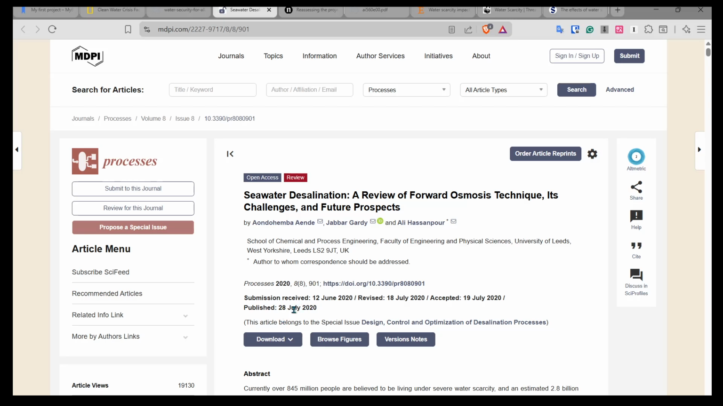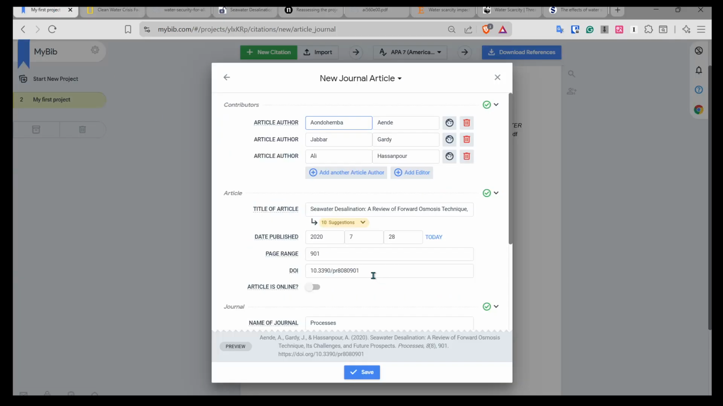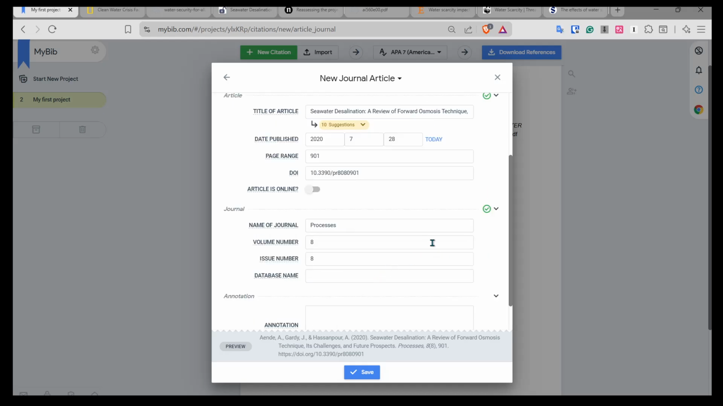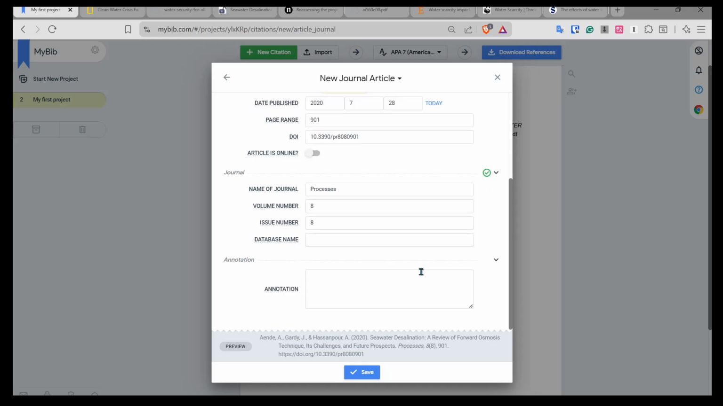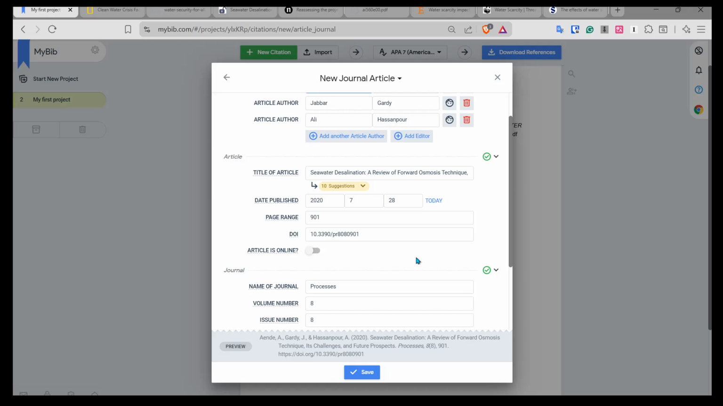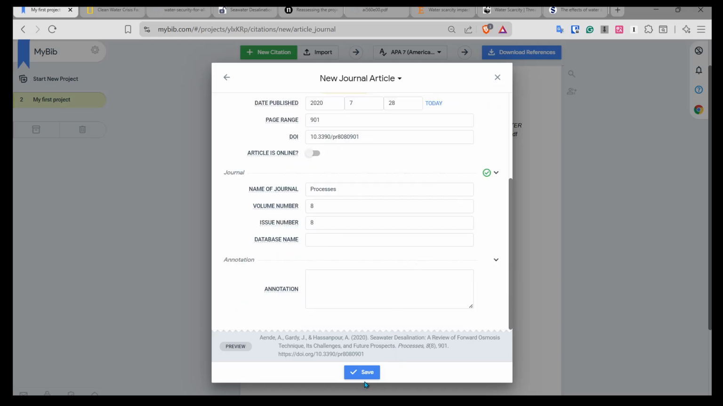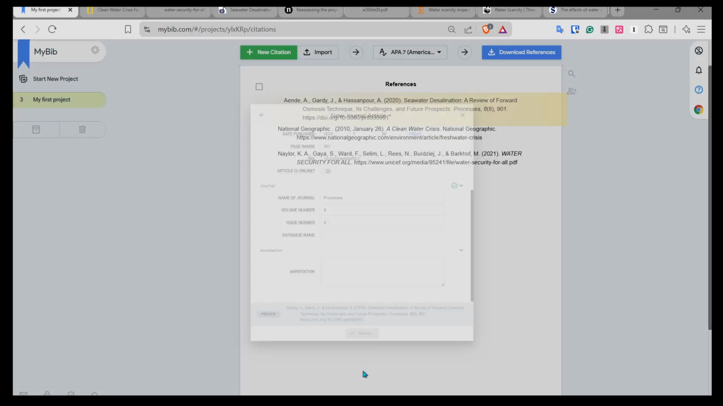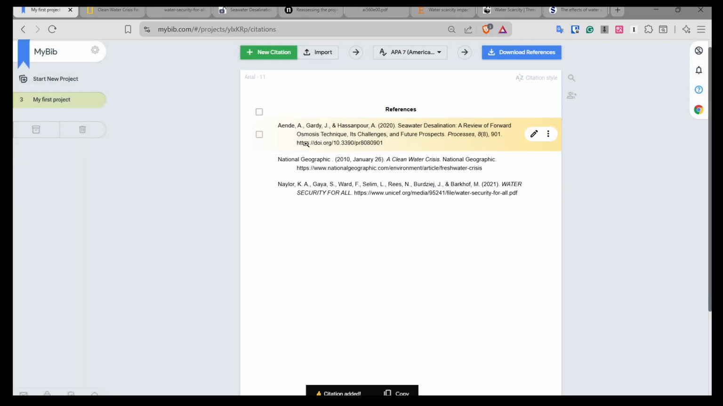So all this information should be accurate. This is date published July 2020, and then don't click today because that's not when it was published. You don't need a date accessed because this is published, so it's not going to change. So click save, and notice it puts it first because this is now starting to put it into the correct